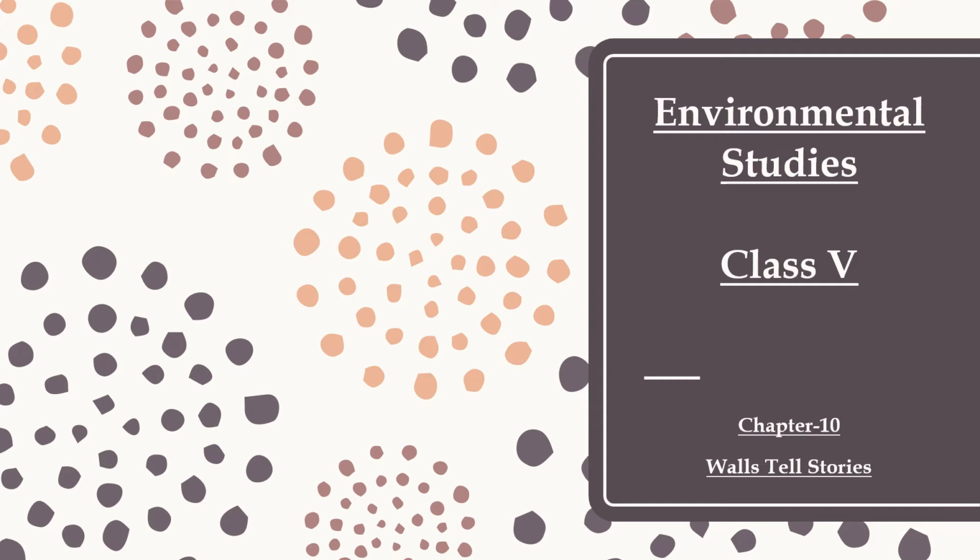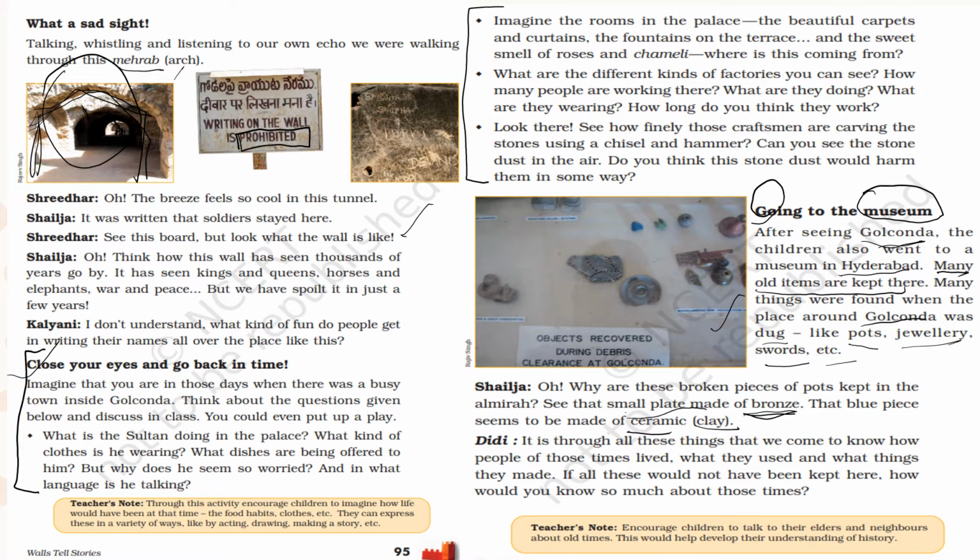So here we move to the last part of this chapter. We have completed this page and we read about going to the museum. When they went to this museum in Hyderabad near Golconda Fort, they saw all sorts of pots and jewelry, and we go to museum or we keep these things from the past in museum so that we can learn about the people who lived then, how they lived, what things did they use, how did they make it, to find